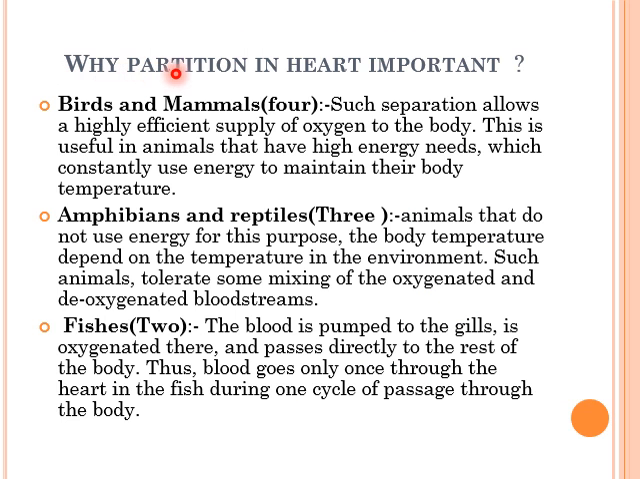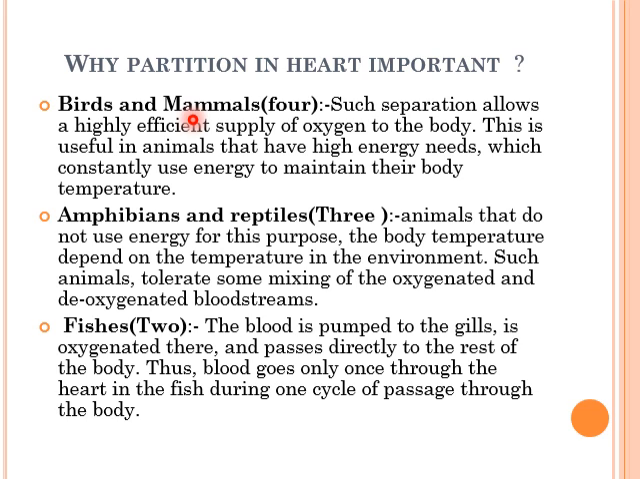Now, why is partition important in the heart? Birds as well as mammals have a 4-chambered heart, and because of this separation there is a highly efficient supply of oxygen to the body. This is useful in animals that have high energy needs, which constantly use energy to maintain their body temperature. Because the blood flows twice through the heart of birds as well as mammals, it is called double